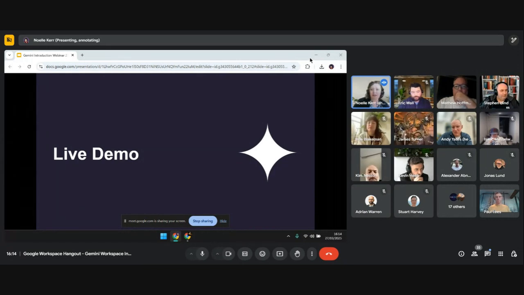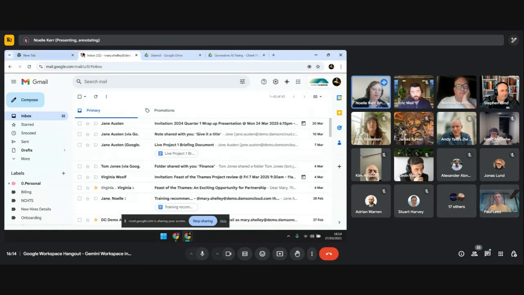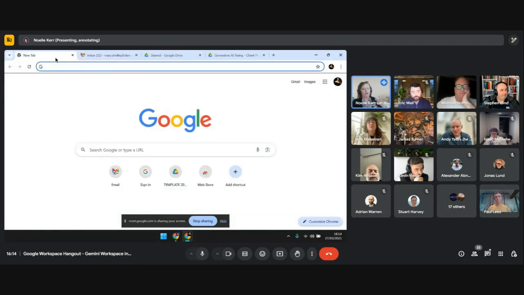So with that, let's have a little look. I'm going to go into my demo account. And the first thing that we need to see is, where are our clients' users going to see these touch points inside of the Google Workspace? So straight off, it's a little confusing. Some stuff is immediately obvious and some stuff isn't quite so immediately obvious.